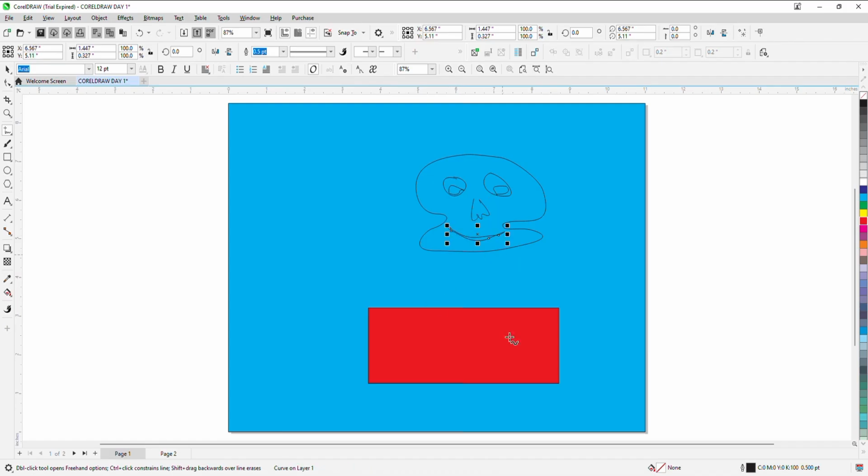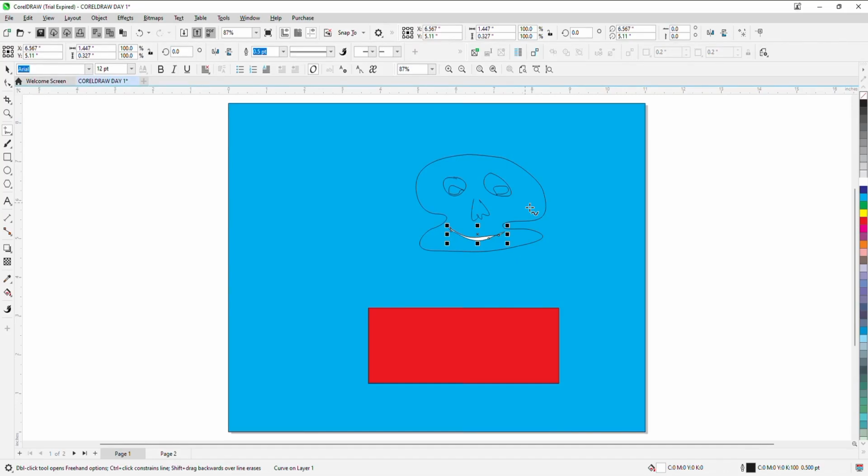Let me quickly give it some color. I'm giving the mouth white color, then the face. When you click on spacebar in CorelDraw, that means you want to drop the tool in your hand and have another tool in your hand. I click on spacebar now, it has dropped the Freeform tool or the Freehand tool. Then I select the face itself, that is the object I want to perform action on, and give it